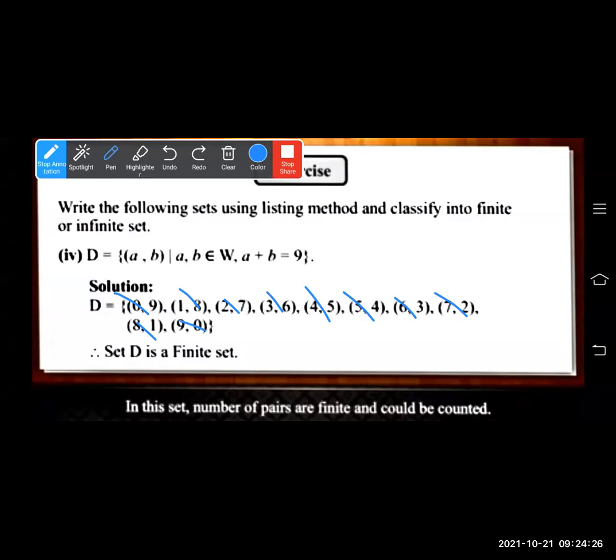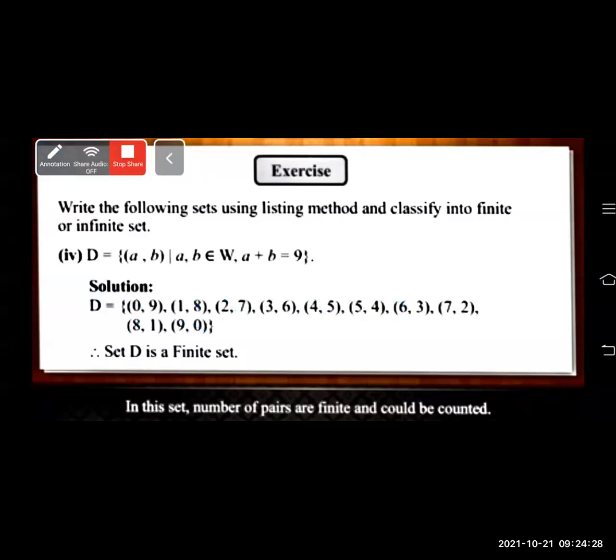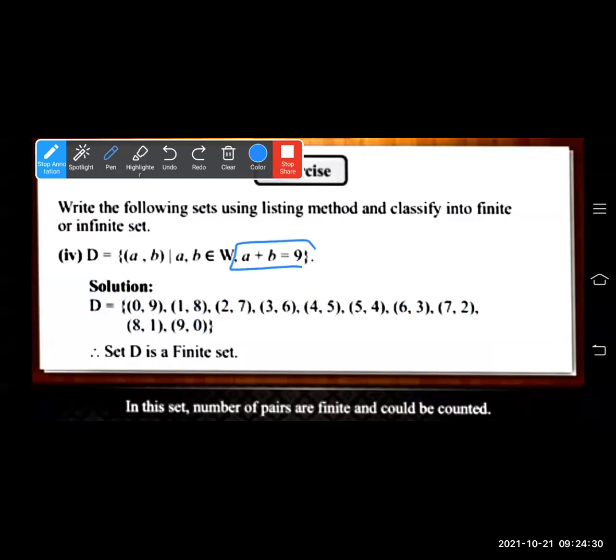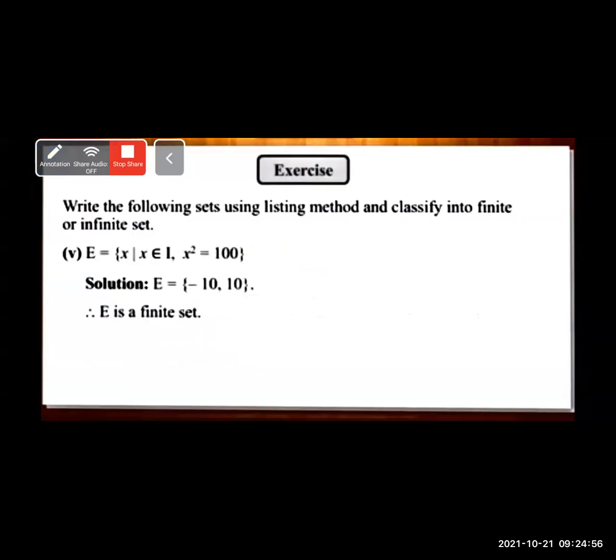Okay. So you have to keep this question in your mind, because it is not compulsory that it will be an infinite set. If it is coming in whole numbers, then it is finite. If it is coming under rational numbers, then it is not possible to find out the values. So many values will be there. We will see that example also in question number 5 or 6. Let's see question number 5.